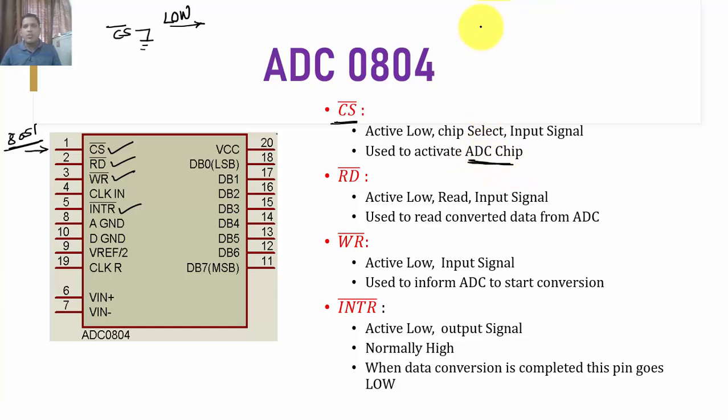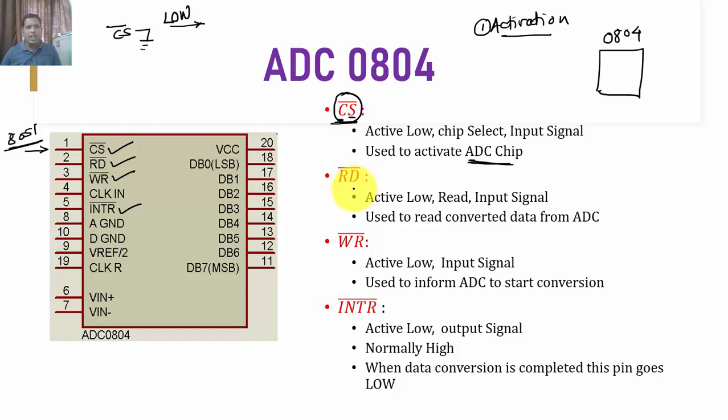So the first thing we are going to do is simple activation of the chip, and this chip activation is done by the CS bar. C stands for chip, S stands for select. As it is an active low signal, whenever we send one simple low signal on this pin, that chip gets enabled, right? So here, this is my 0804, and first of all the activation is done with the help of this CS bar pin, right?